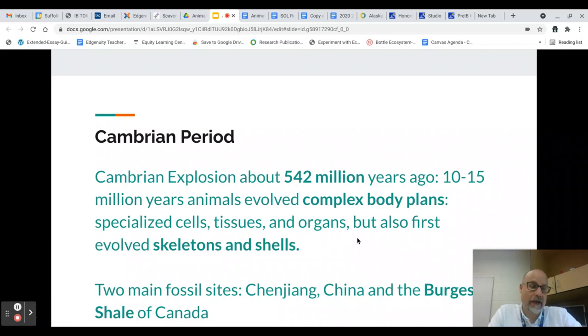We also see the first skeletons and shells. So we start seeing skeletons and shells, things that will actually be preserved when fossilized. So we see a lot more, and we know a lot more about these organisms. Two places, Xinjiang, China, and the Burgess Shale up in Canada. Those are the two main places that we find these organisms that